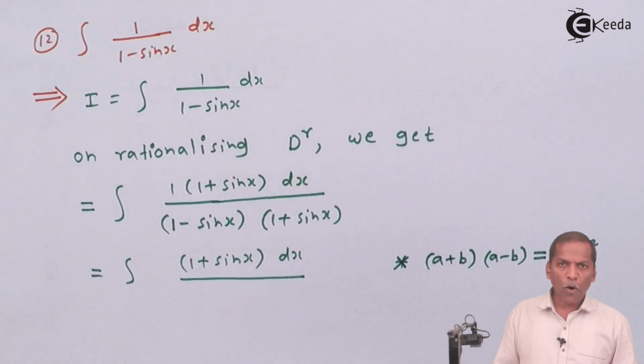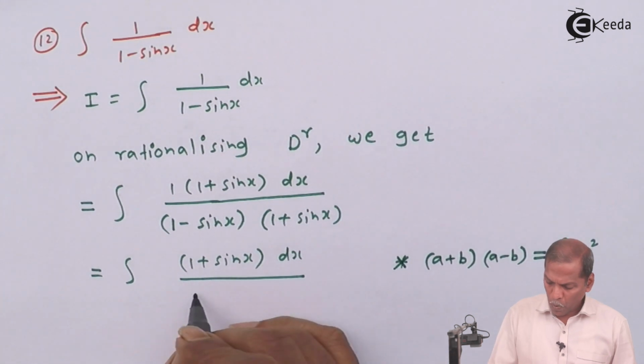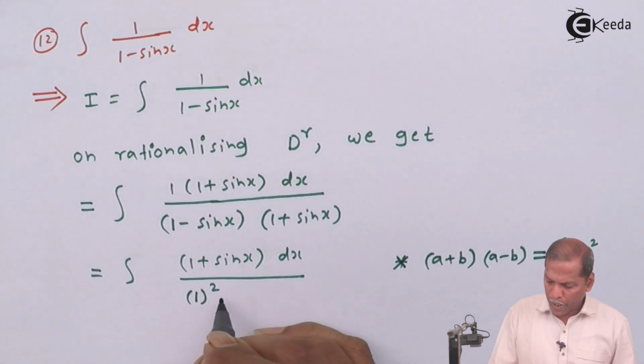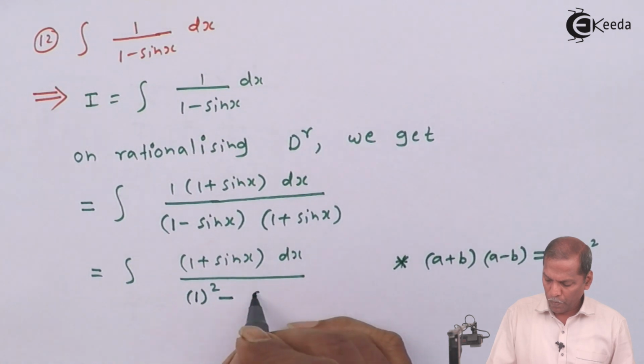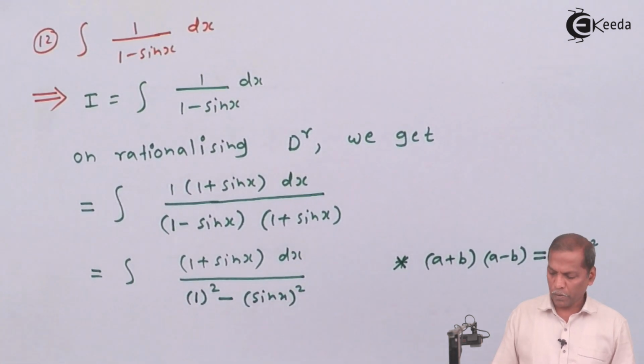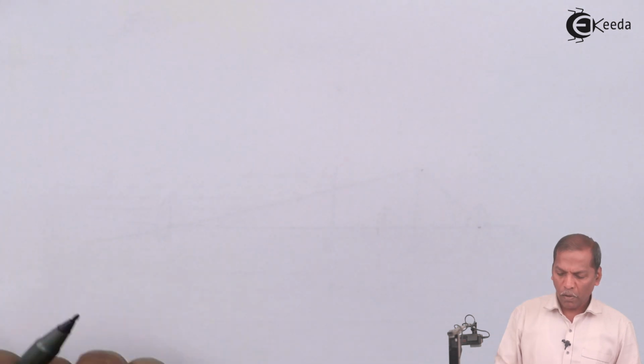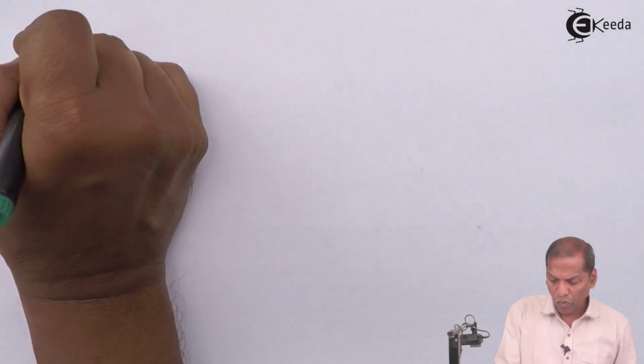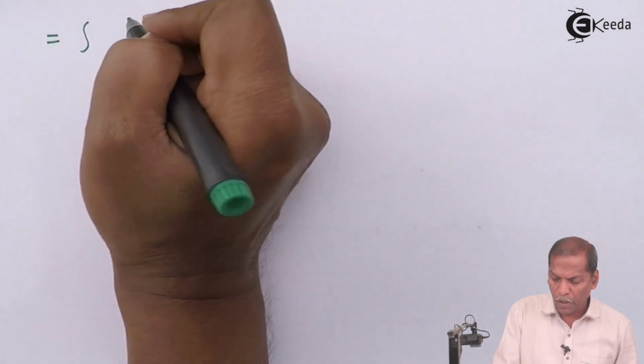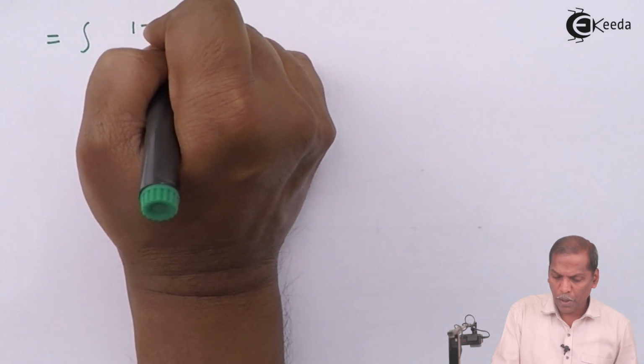So by using this formula here, we have 1 the whole square minus sin x the whole square. So on simplifying further, we get